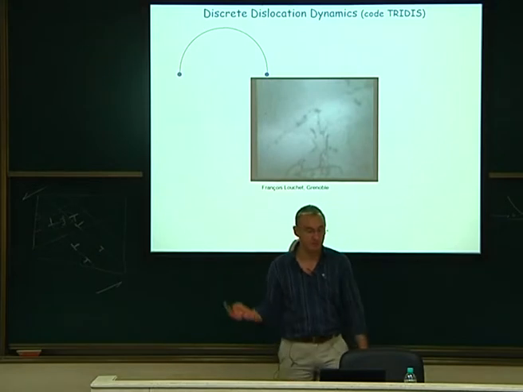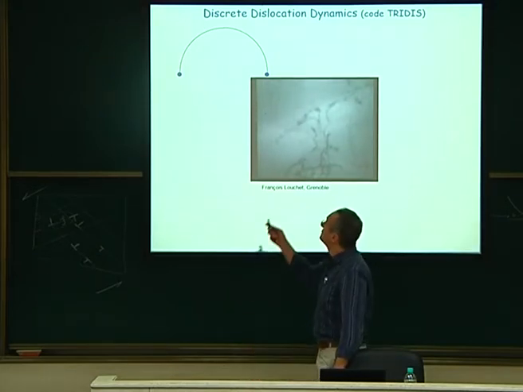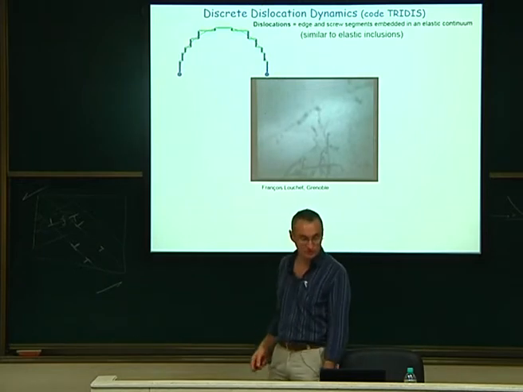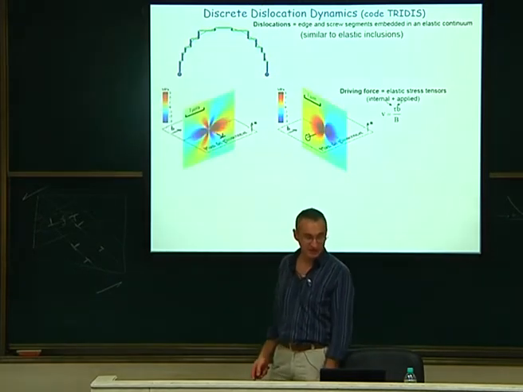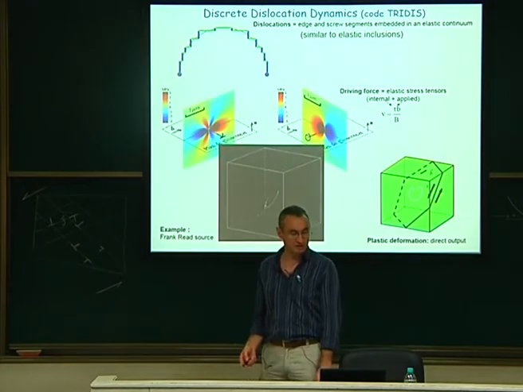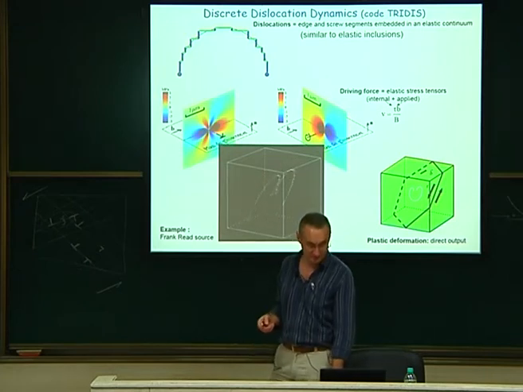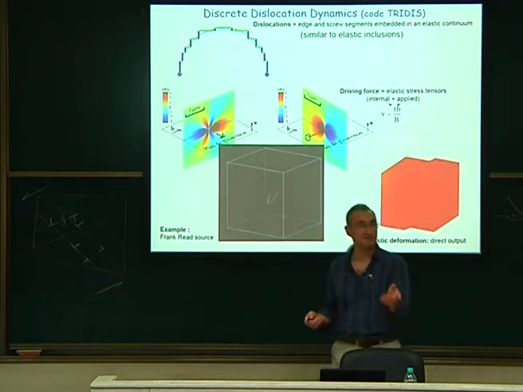So to analyze that, we will use DDD. I don't need to go into details on that. You know what it is. We changed the line into a succession of edge and screw segments, like that. Then we will compute the stresses. You know how it works now. Then we move the dislocations. You are able to compute your dislocation structure, and also some deformation mesh. This I didn't explain yet,